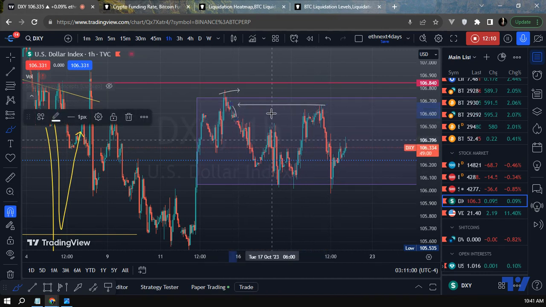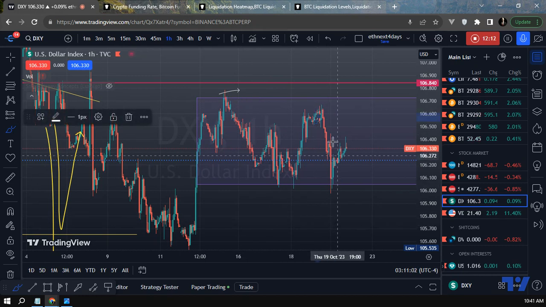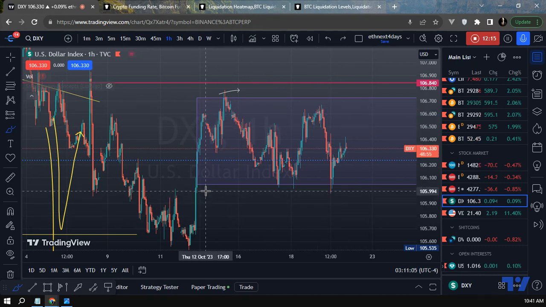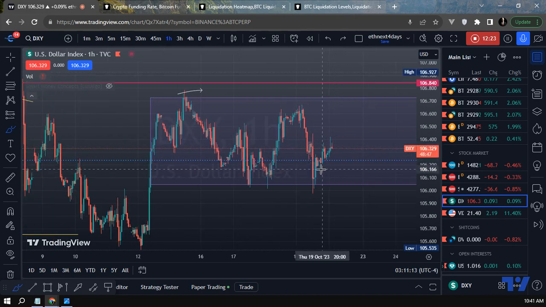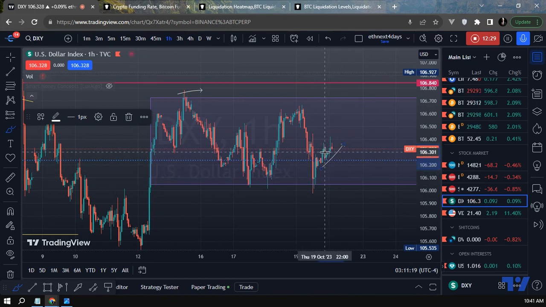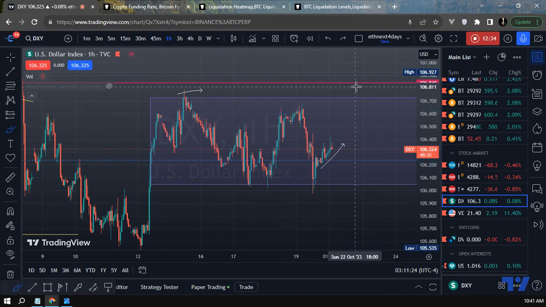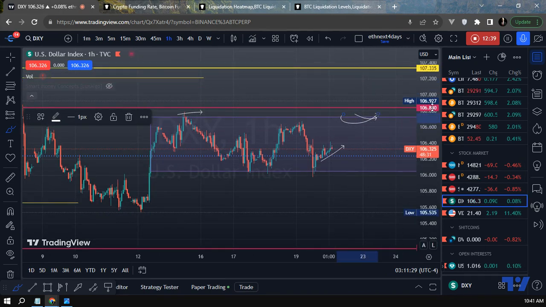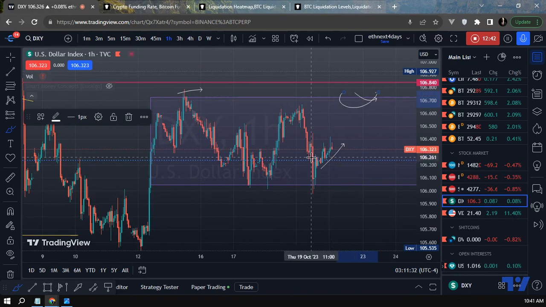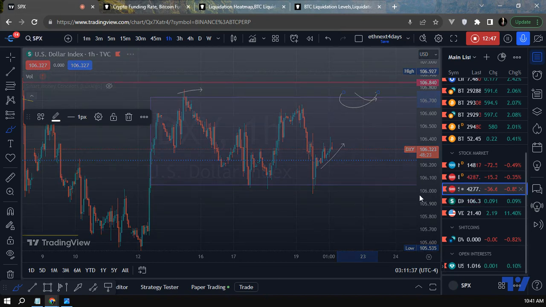There's a gap here. It got filled. And right now, we came again a little bit lower, touching the bottom of this one, right? Essentially a little bit even lower than the bottom of this one. And right now, it's trying to pick it back up. Now, will this be successful? Right now, it's performing good. It's making a bullish structure, though very small. But if one of these spikes regain this, that means we do a double top right here and hold it here. Then there's a possibility of Dixie seeing 107 today. If that happens, or even if we come all the way around here, I think Bitcoin and SPX and everything probably gonna dump.